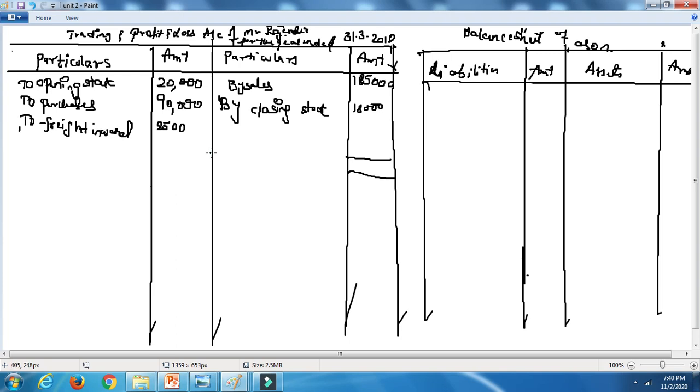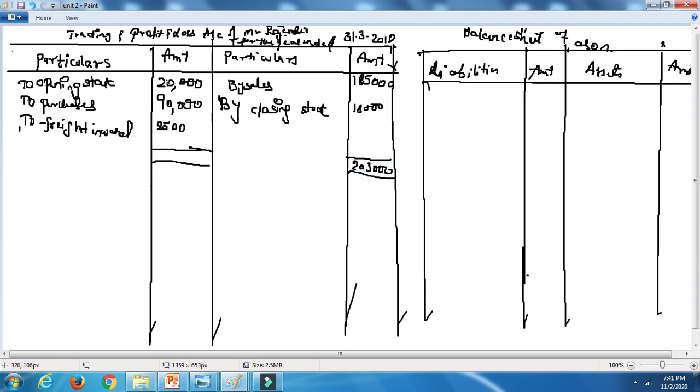And one more important thing I want to tell you: you can prepare one account only for trading and profit and loss account, or you can prepare them separately as such. I am preparing it combined, as most companies prepare it combined only. These are all the expenses or incomes you gain in day-to-day life. So if you total it up, the credit side will be